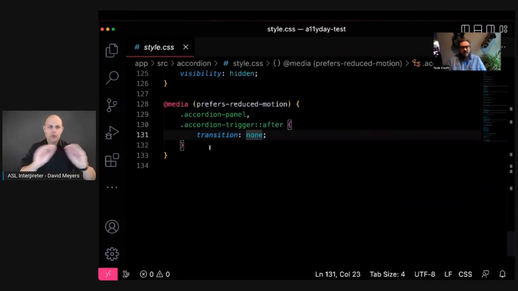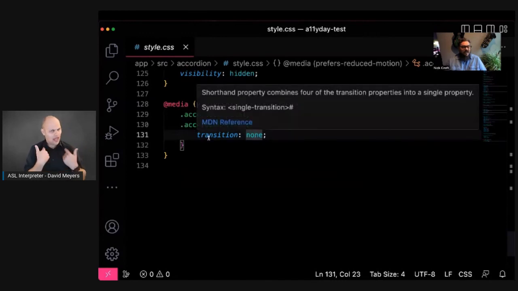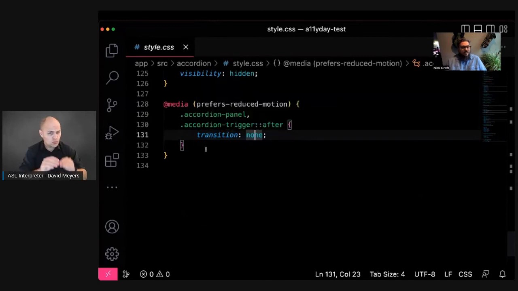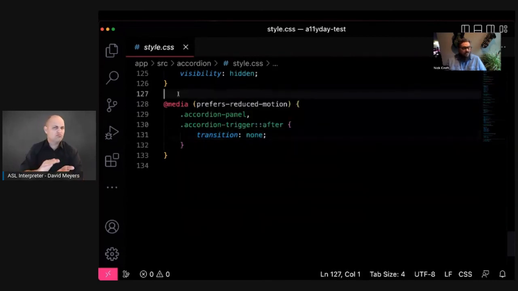There's a lot of different ways to handle the animations. If I were to take a little bit more time, I'd probably work with some keyframes and get some roll-up effects or some other really cool things that you can do using keyframes. In that case, we would want to have a keyframe here that had either reduced motion or no motion associated with it. That way we can honor that request for prefers reduced motion. So that's kind of all the stuff that's happening with this.